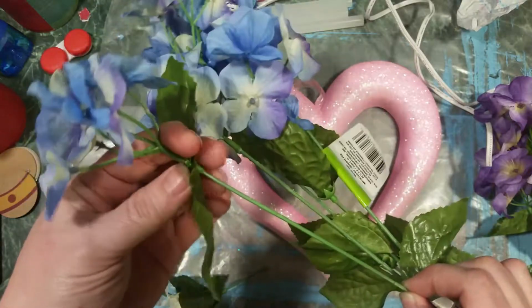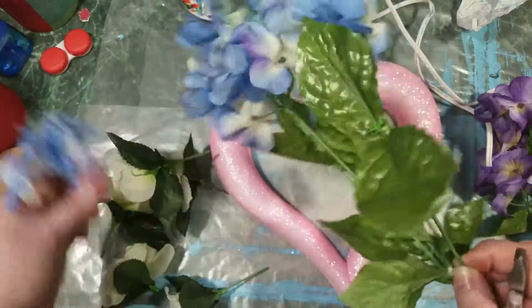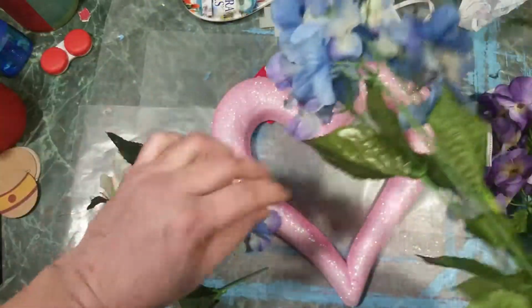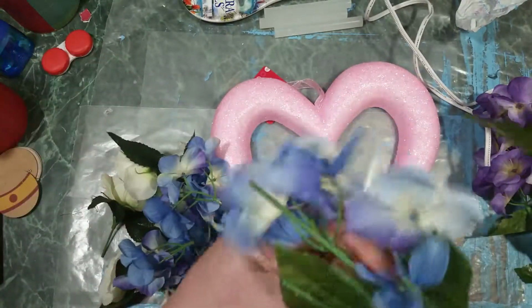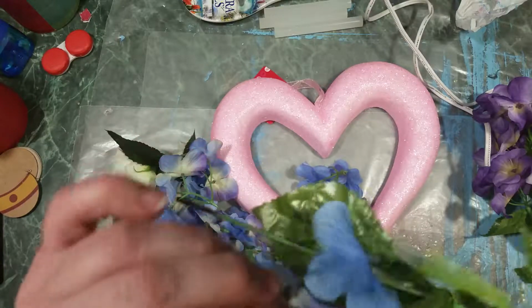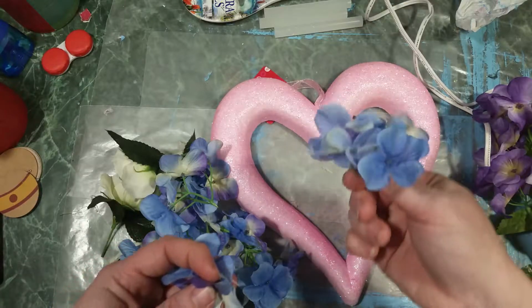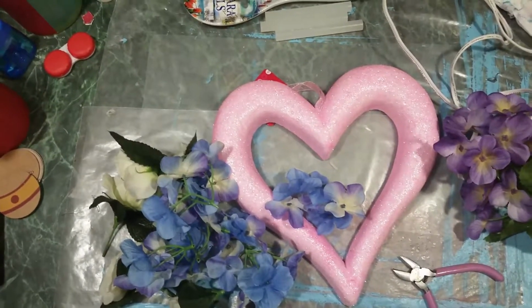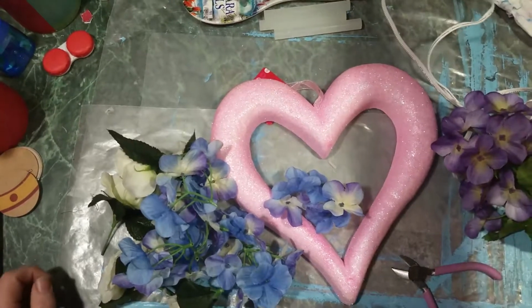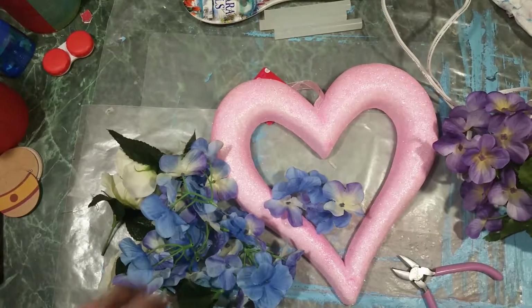And I'm probably not even going to need the metal part of this. I can probably just poke that right into the styrofoam. So I'm just going to pull off all these buds. Oh, look at that. Some flowers got glued to a leaf. Okay. So now that we have our list of supplies ready,